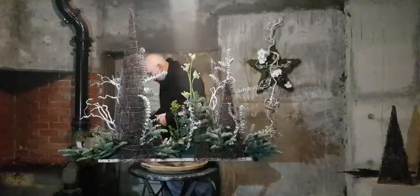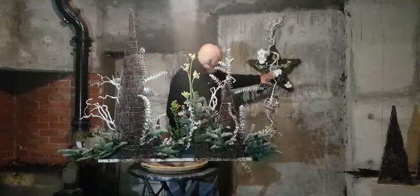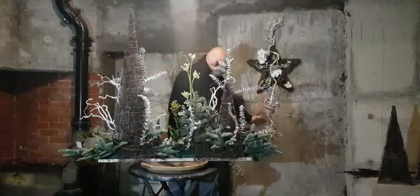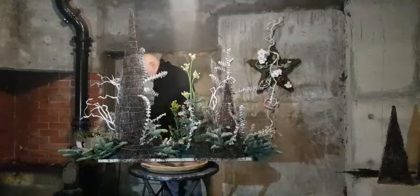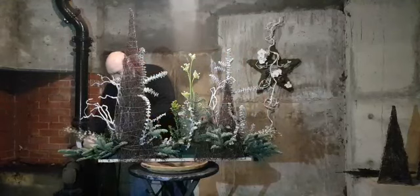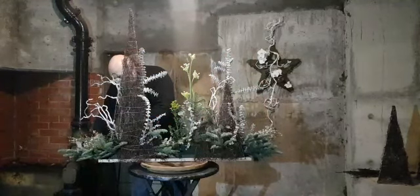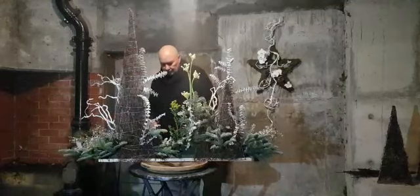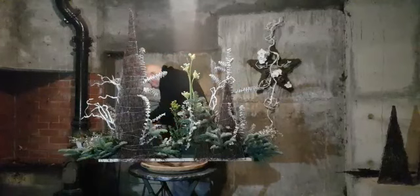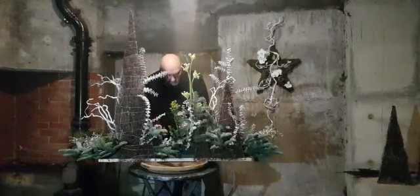I've used some Phalaenopsis orchids, few cones and this fabulous artificial material coming right down the centre, which just adds a little bit of pizzazz. That's a good word, isn't it? Pizzazz. Anyway, so let's get a couple of bits of that in there. And now, I don't want to overdo this Genista, so what I'm going to do now is put another few little bits of box in,